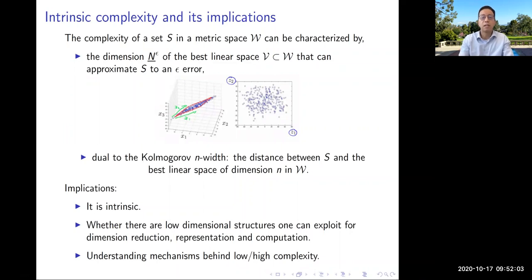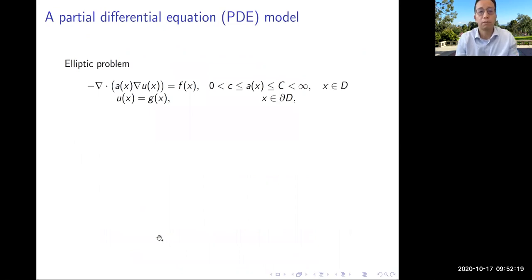The other thing is less obvious. So we will try to see different ways where we can still have this low dimensional structure, or cases where there's a mechanism that prevents this from happening. Let's start from a very simple, well-recognized partial differential equation. I start with a PDE model, but usually I can start with random vectors, but let me just start with the PDE problem first.